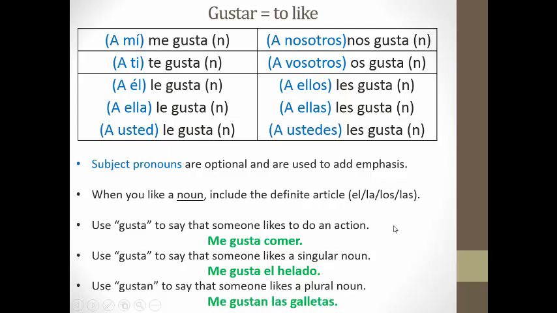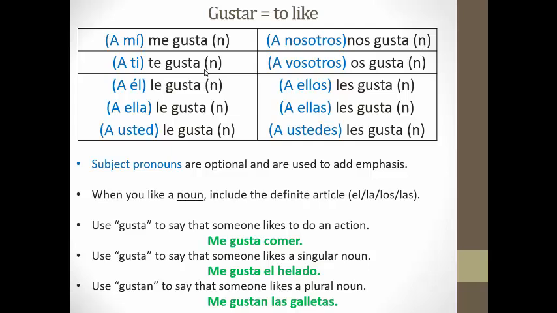You're going to use gustan if you're saying that someone likes a plural noun. So here, I like cookies is me gustan las galletas. Other things to remember about the verb gustar: first, subject pronouns are optional and they're used to add emphasis. When you say I like, it's completely acceptable to say me gusta.